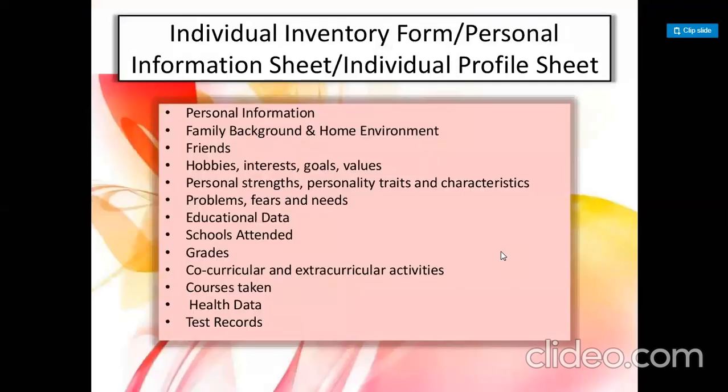So the individual inventory form is sometimes called a personal information sheet or individual profile sheet. This contains the personal information of the client, family background, and home environment. The name of the father, name of the parents, their employment, how many siblings he or she has, and also about friends. It also contains habits, interests, goals, and values. It also contains personal strengths of the client,